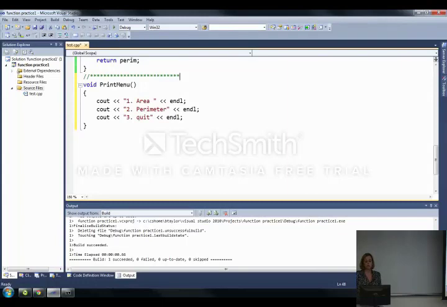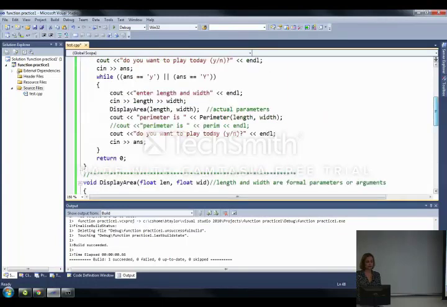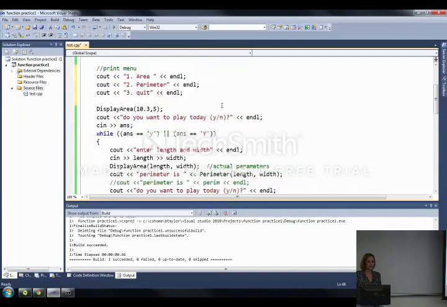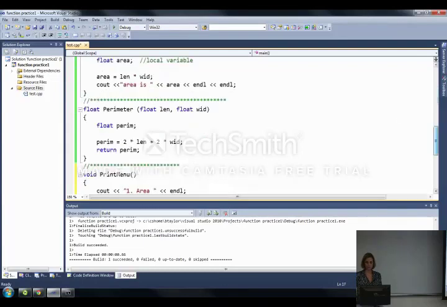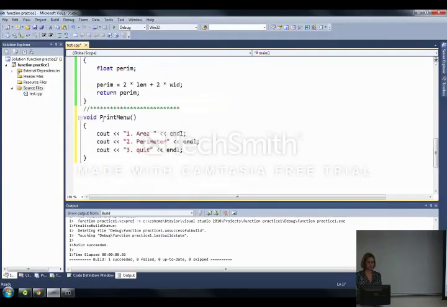So now, how do I call this sucker? Let's get rid of this one. This is random. How do I call this from main? What do I call it? Should we change this to display? This print kind of sounds like it's on the screen. Okay, so in order to call this guy,